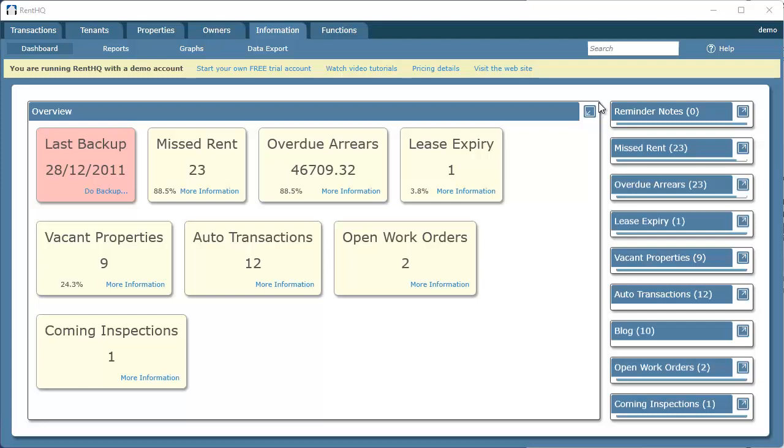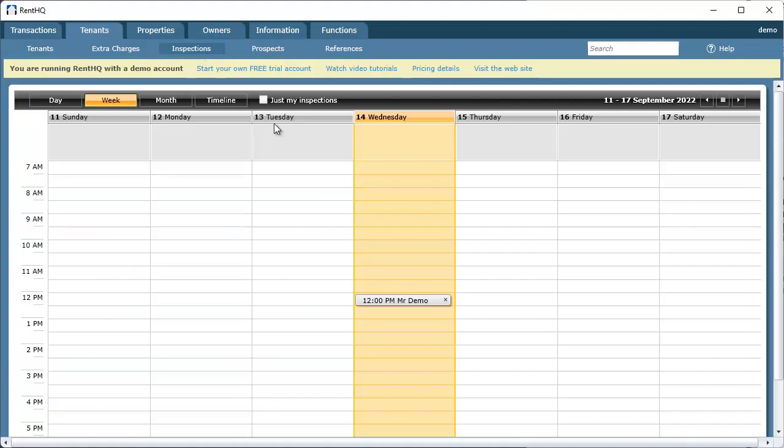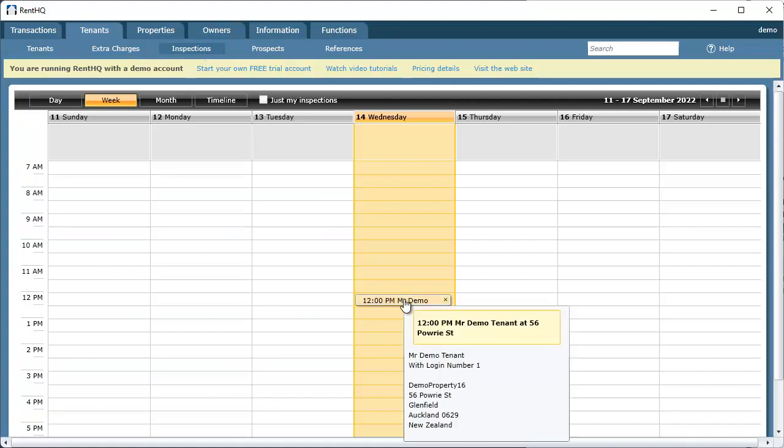In this tutorial, we're going to take a look at creating work orders while doing inspections. Quite often when we're doing our inspections, that's the time that we realise that something needs repairing. So this is quite simple. We just go to Tenants, we choose Inspections, and I'm going to open one of my inspections down here